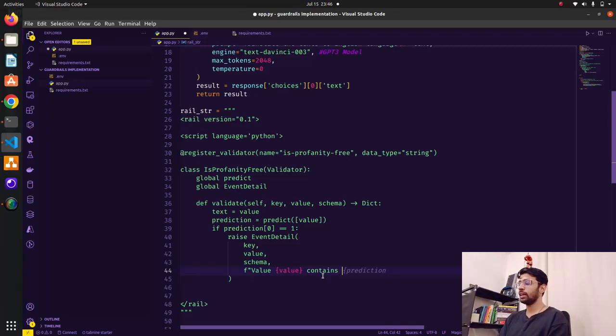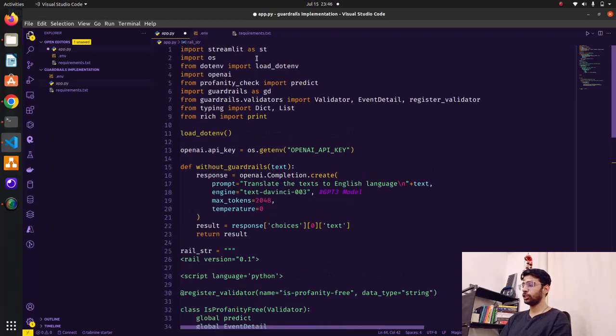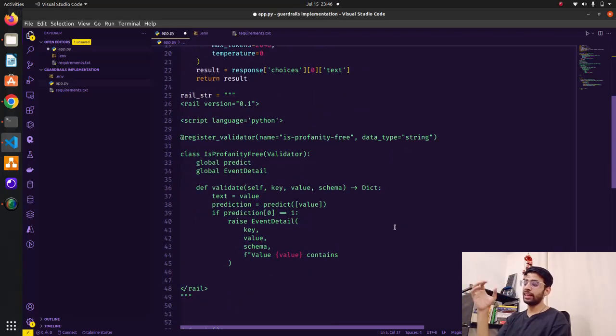So if there's a profanity, and for that we are using this library called profanity check. You can see from profanity check input predict. So we are passing that input text, the value, to this predict function. We have to check what is inside this profanity check library, and we are telling it to predict: okay, here is my text, now you go through it and tell me if there is any profanity inside this, if there's anything explicit or something like that which I should control.